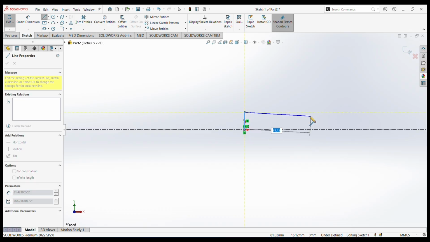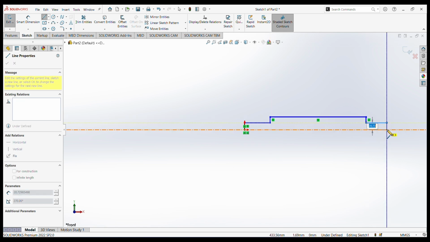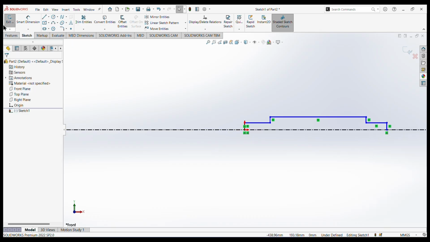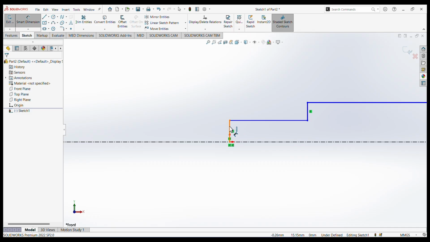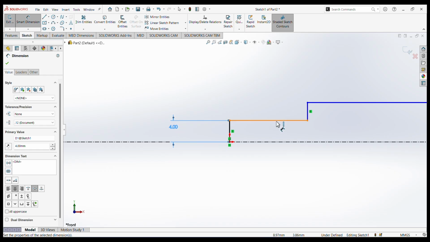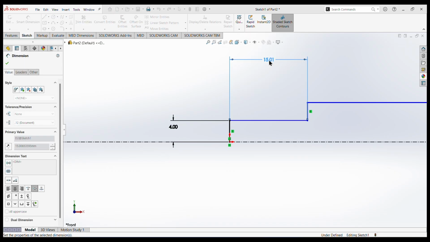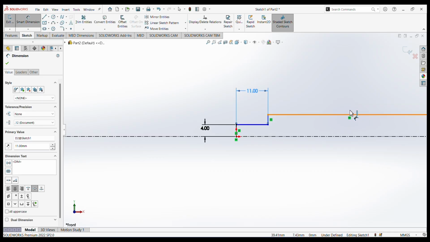just like this one, and create this one. Okay, now we assign the dimensions. This one is 4 millimeter, half of 8 millimeter dia, and this one is 11. Enter here. Okay, this one is 182,